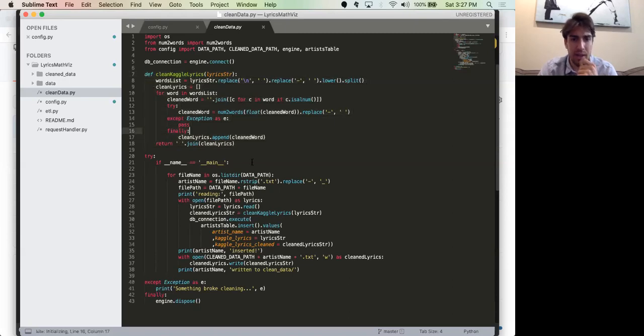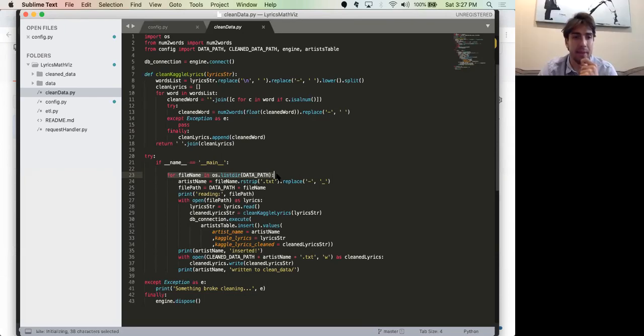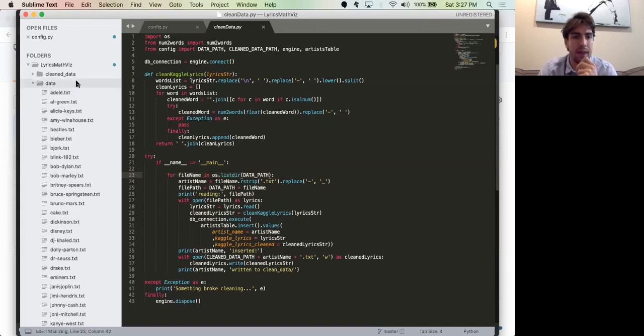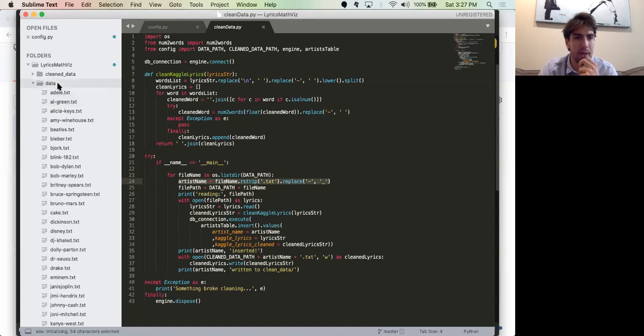Where I use it, I'll show you down here. This is me iterating every single file in my data path. So that's my data folder. This just gives me every file here as an iterable. The artist name, I can right strip off text. And for entering it with SQL convention, I wanted the dashes that were originally there to be